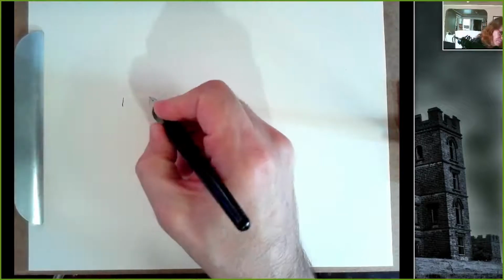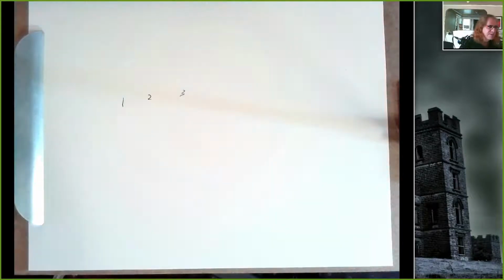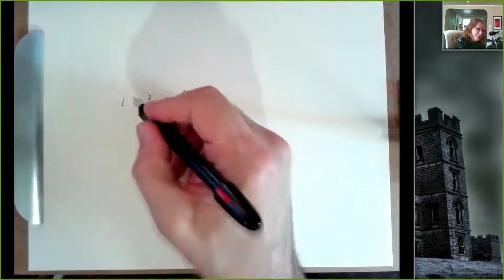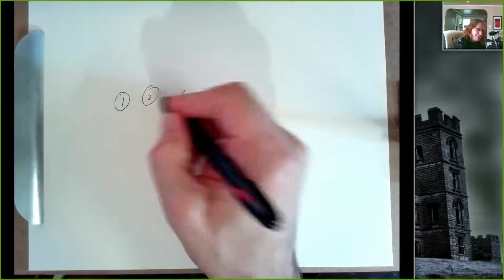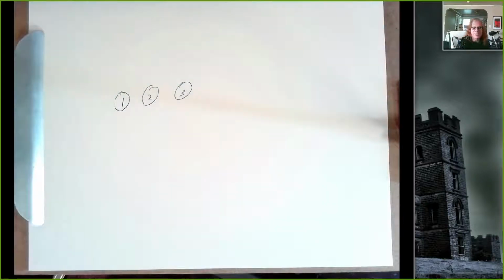Does it mean like distinct units? Exactly, yeah, distinct units. Somebody said individually separate or distinct. Stuff with space in between them. If I think of numbers on a number line, 1, 2, 3, there's space in between them. I can draw a circle around 1 and 2 and 3, and those circles do not touch each other. So those are discrete